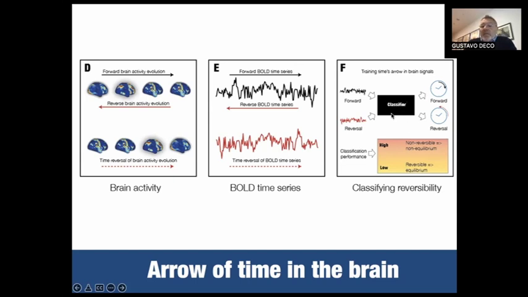In particular, we will train a deep learning classifier in a supervised way because we know the labels of the signals. And basically then, checking how good this classifier is, we can assess if those signals were really distinguishable, meaning if there is an arrow of time or there is no arrow of time. So if the performance of the classifier is high, then we can claim that there is an arrow of time and the system is non-reversible, and there is consequently, concomitantly, a high level of non-equilibrium. On the other hand, if it is low, then we have reversibility and equilibrium.